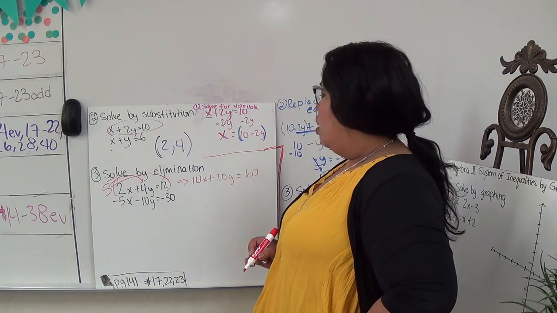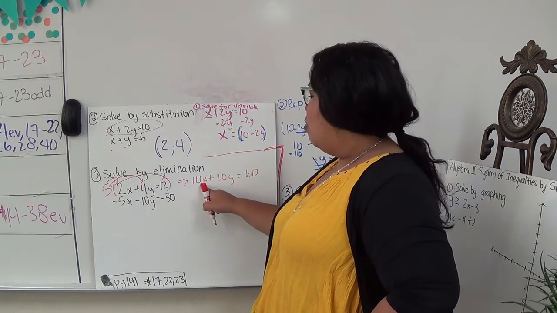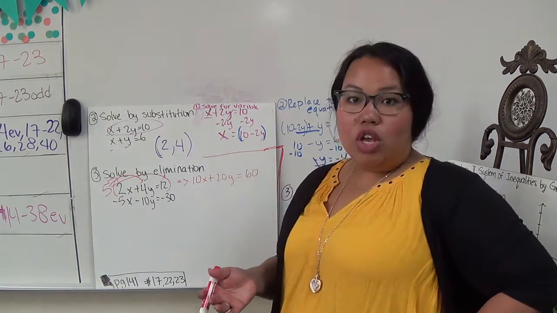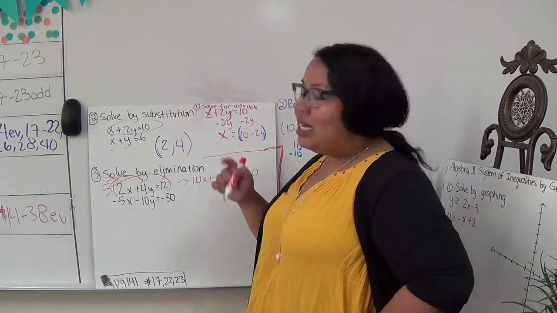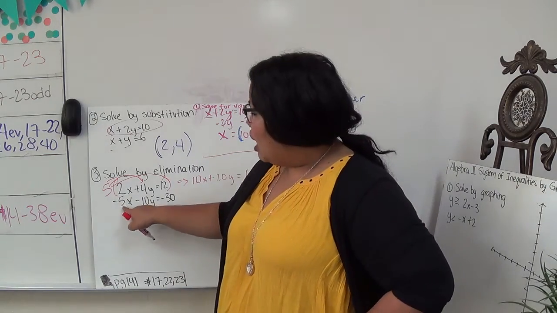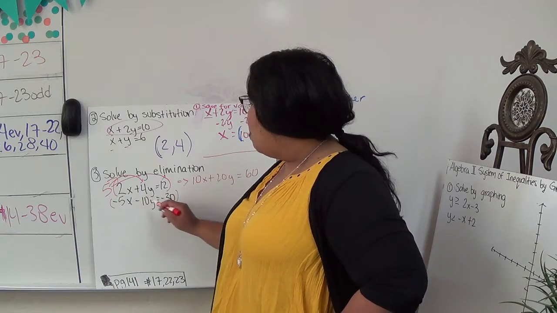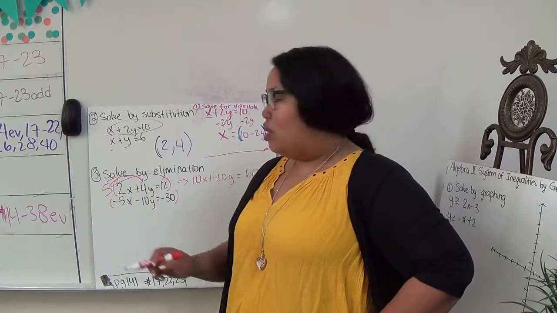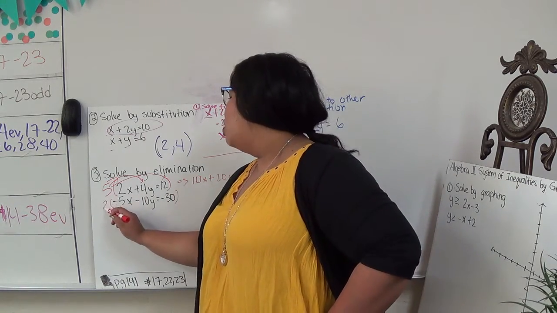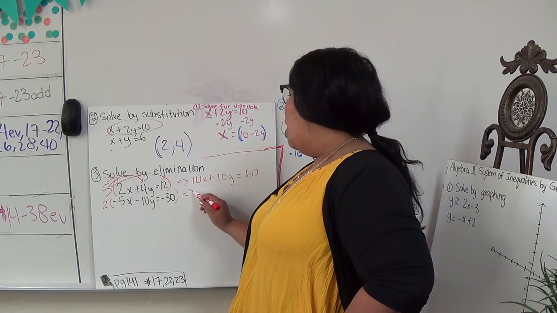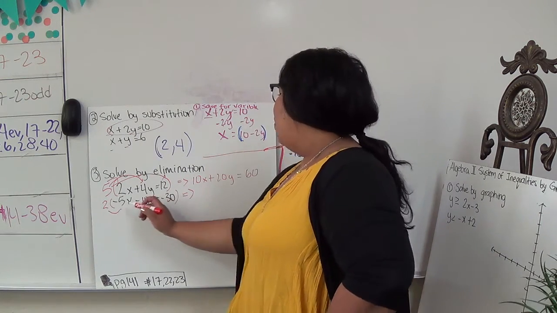Okay? Now, my goal is to get rid of the x, so I have to cancel it out. So the opposite of 10 is negative 10. Since this is already a negative, I just have to multiply this by a 2. And again, if I want to do that, I can. I just have to multiply every term by 2. So then I end up with 2 times negative 5,